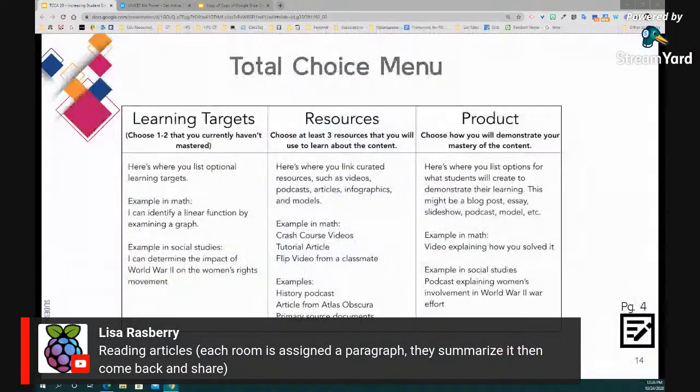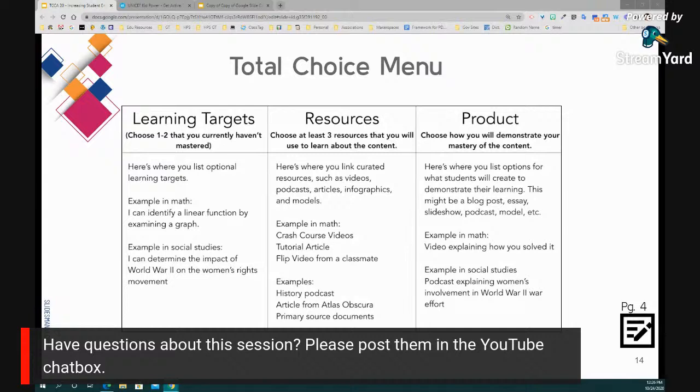So, all right. I wanted to discuss with you some other ways to increase that interaction and participation. And I already talked about choice in their learning, right? Students are tired of doing the same old, same old. So one way would be to give them what's called a total choice menu. What I mean by that is that you give them choice in the learning targets. Of course, you're being strategic about which learning targets you put out there because you looked at your data and you know which learning targets your kids need more support in. So you put that out there, but you let them choose which ones they want to work on.